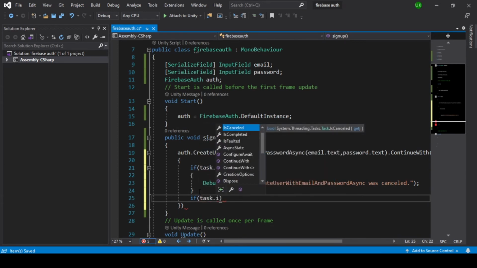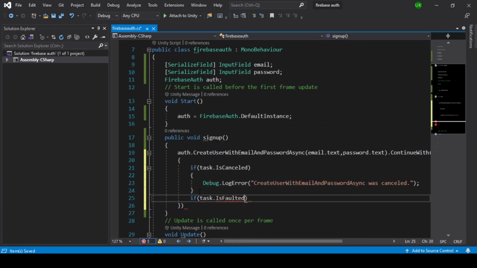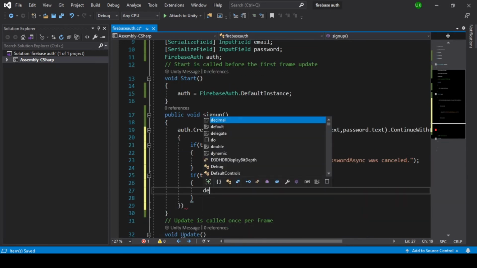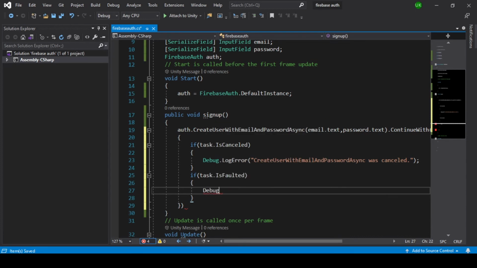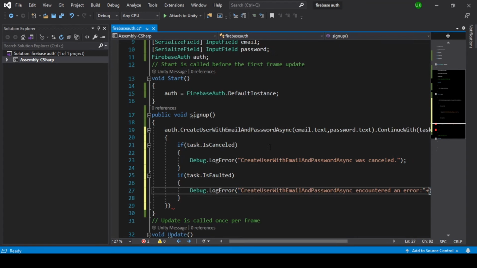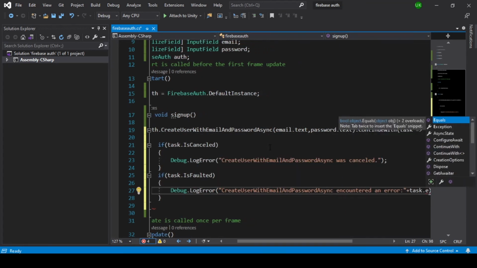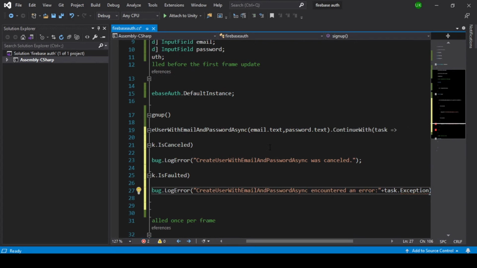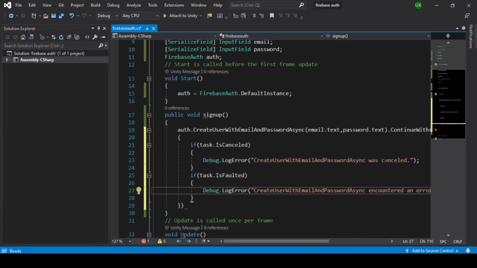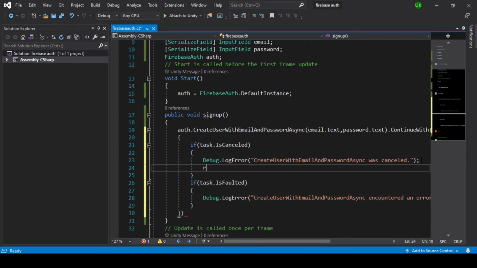If task is faulted, CreateUserWithEmailAndPasswordAsync encountered an error plus task.Exception. Return to stop the function when the error comes.